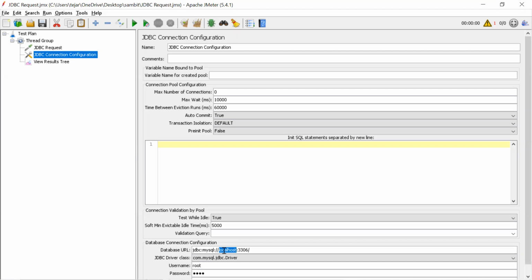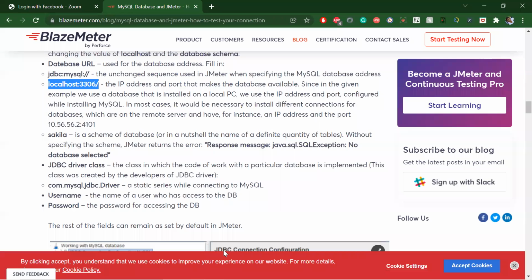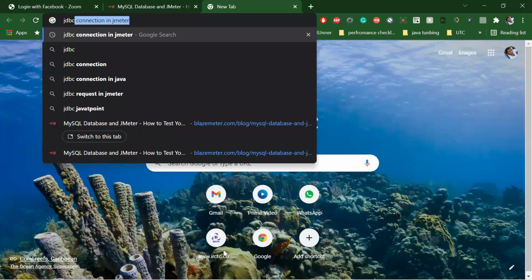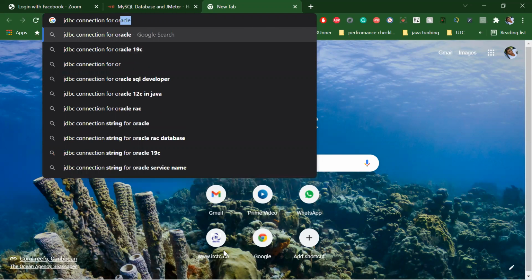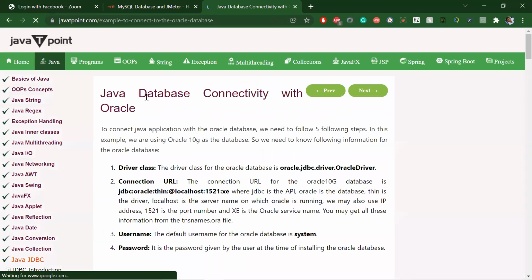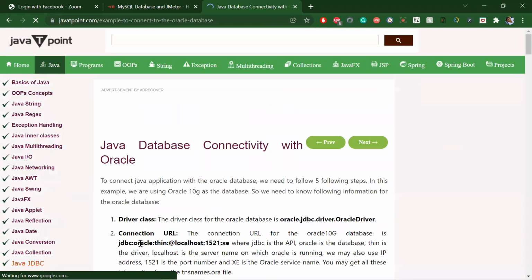Let's check that. It's oracle colon. And the class will be oracle.jdbc.driver.